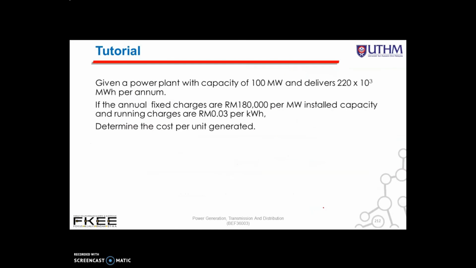Okay, this is the tutorial, so try it by yourself. Given a power plant with capacity of 100 megawatt that delivers 220 times 10 to the power of 3 megawatt hour per annum. If the annual fixed charges are RM 180,000 per megawatt installed capacity and running charges are 3 cents per kilowatt hour, determine the cost per unit generated. Okay,